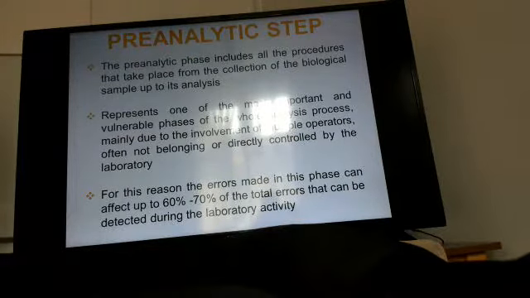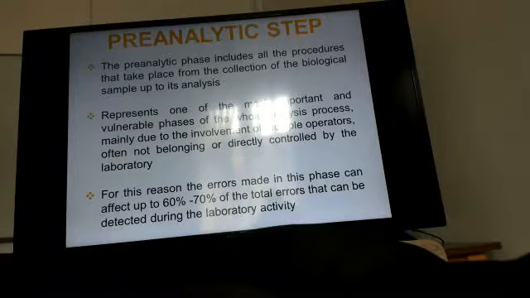Imagine, for example, that I want to evaluate the presence of bacteria in a fecal sample. It's easy because, for example, you have a baby with diarrhea. It's an easy, common situation, and you want to make an etiological diagnosis. So you want to know what is the bacteria that infected this baby in order to give the right antibiotic